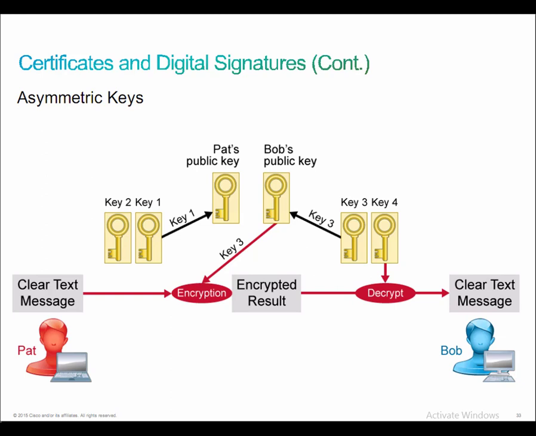The public key in this case is key 1, and the private key in this case is key number 2. These keys are actually built on a mathematical algorithm. One key is derived from the other key. As an example, you guys are probably familiar with this when you deal with things like certificates for a website,